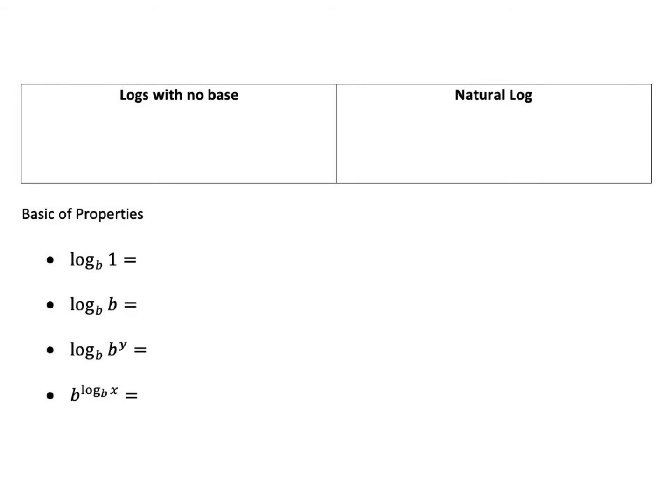There are two logs that you're going to encounter that are not going to show a base. The first is when you see an expression that looks like log 100. So what is the base? Well, this is equivalent to log base 10 of 100. So if no base is written, the base is understood to be 10. So what would this be equal to? Well, it would be 2 because 10 to the second power is equal to 100, and a logarithm produces an